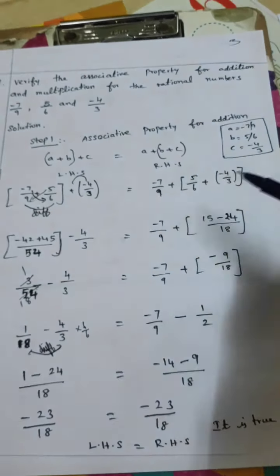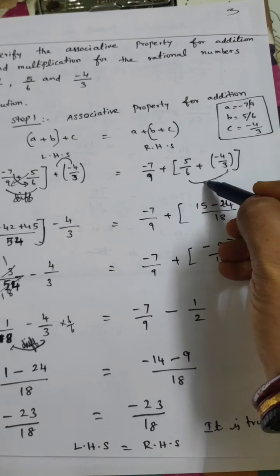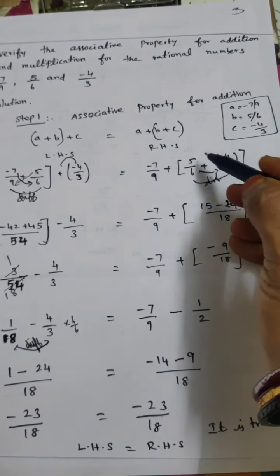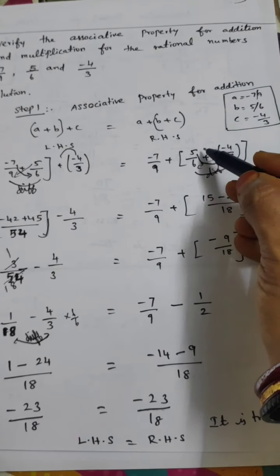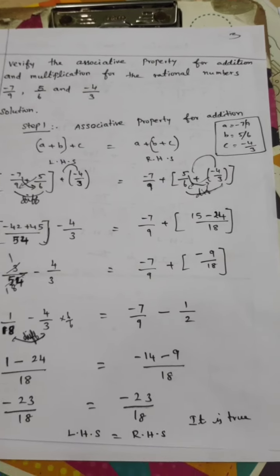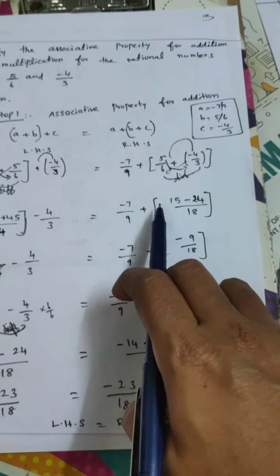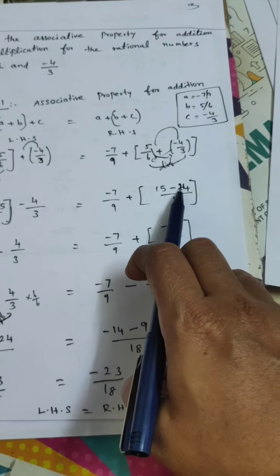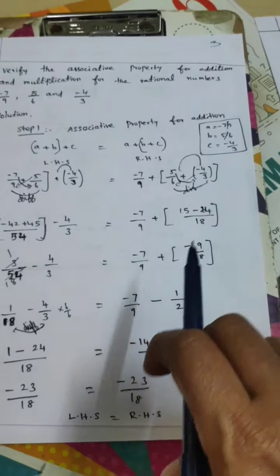Here for the RHS, you see the two numbers are also different, so do cross multiplication. 6 3s are 18, first you write 18. 5 3s are 15. Next 6 4s are 24, plus into minus is minus. So minus 7 by 9 plus 24 minus 15 equal to 9. Greater number is 24, and its nearby symbol is minus. Minus 9 by 18.